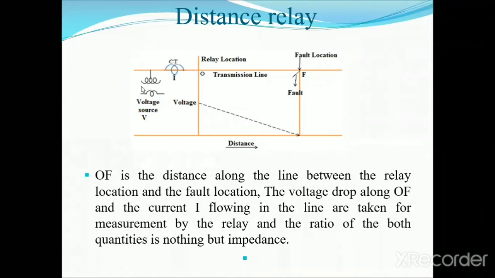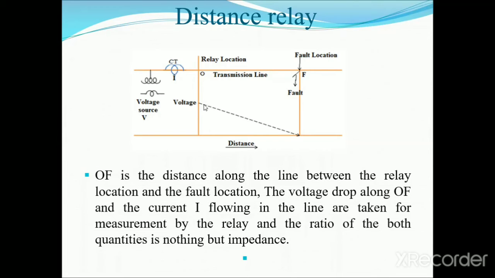Okay, this is the diagram for the operation of this impedance relay. In that, this is the transmission line. In the transmission line, we are connecting the one CT and the one PT. Okay, this is the relay location. In that, we are setting the impedance value also. If a fault occurs, we check the ratio of voltage to the current, or the impedance value, and then compare with the setting impedance value. If the impedance value is greater than the setting impedance value, then automatically the relay will be operated, and the relay will give a tripping signal.